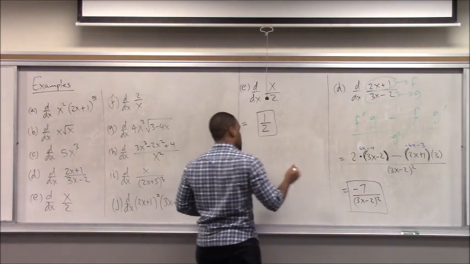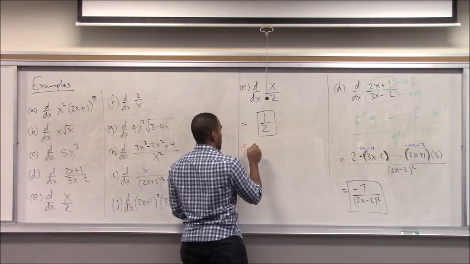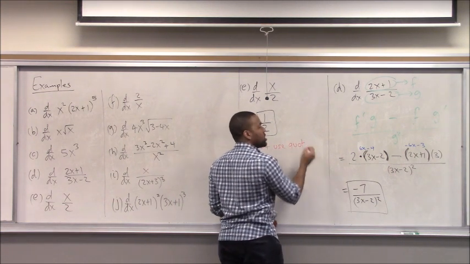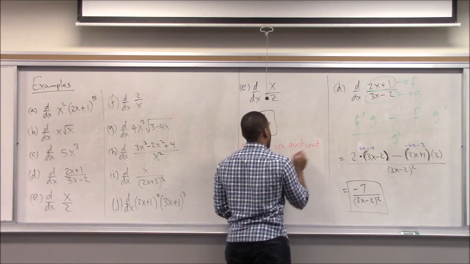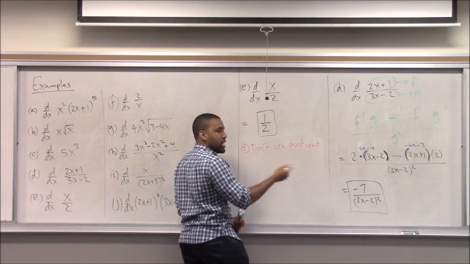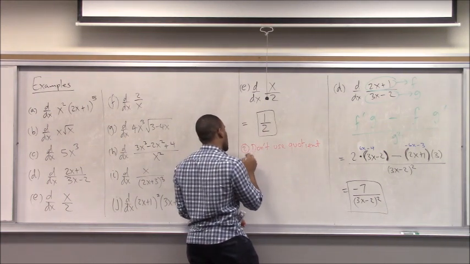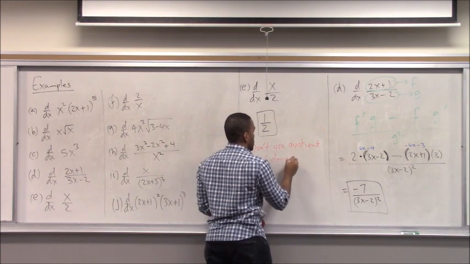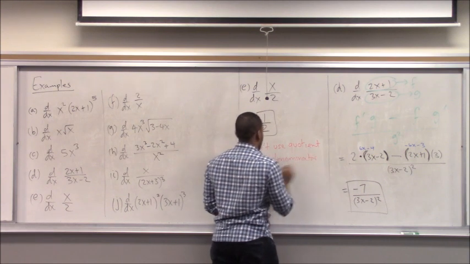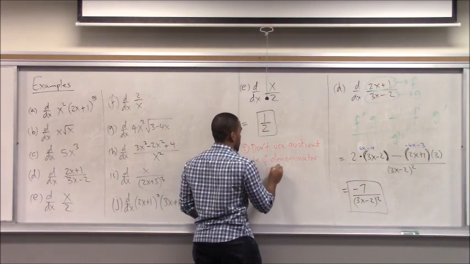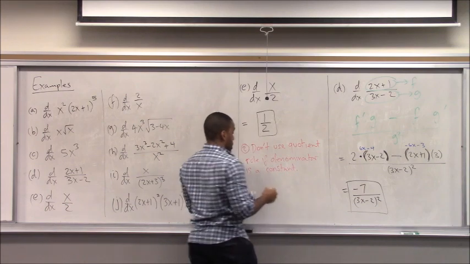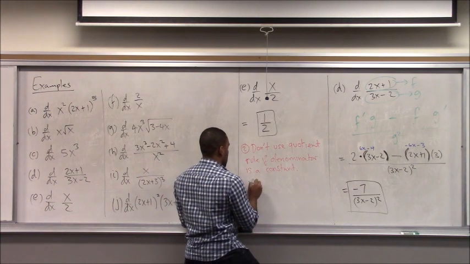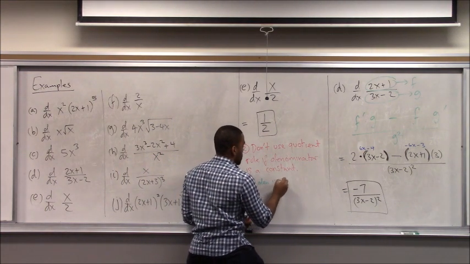That probably brings me up to the second warning. 2, don't use quotient rule with denominator as a constant. Not that it's wrong, it's just that it would make it way more complicated and students would tend to get it wrong with the extra algebra that they have to do. Yeah, so when the denominator is constant, you leave it, right? Yeah, in fact, yes, if denominator is constant,